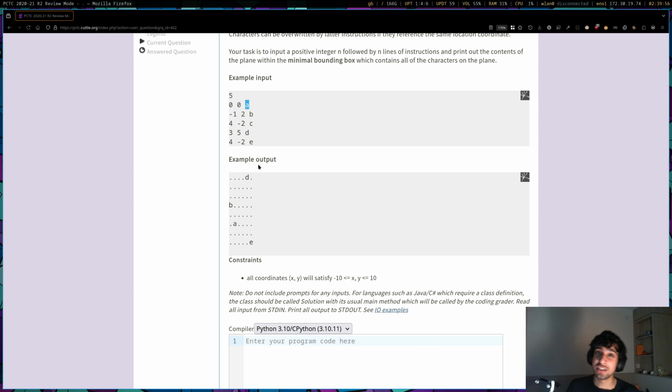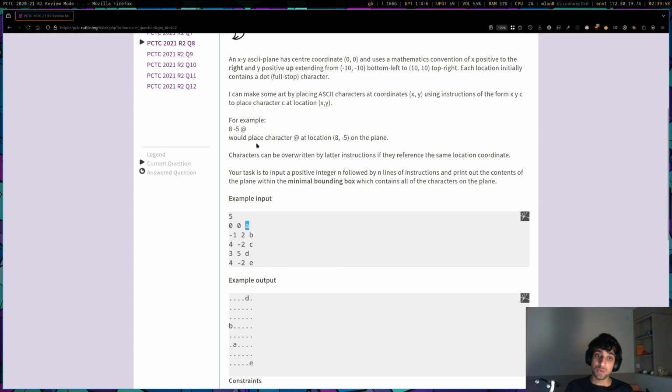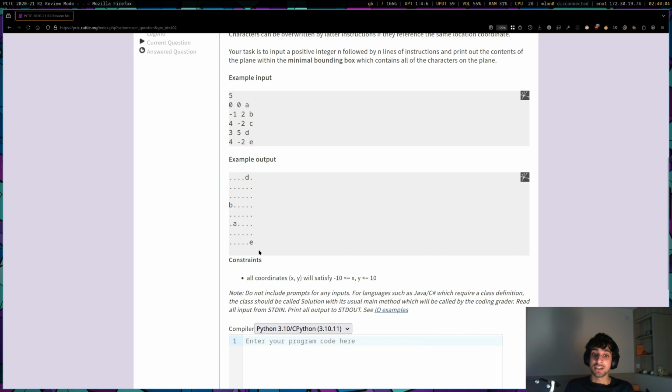Now, the reason this question is actually a bit difficult is because it says we only want to print off the minimal bounding box, which contains all the characters on the plane. So you can see an example input. We're not actually printing off the whole 20 by 20 canvas. We're only printing off the x and y coordinates between the min and max x and the min and max y, which represent the largest and smallest coordinates that contain our special characters. So we're printing off as little of the canvas as possible,